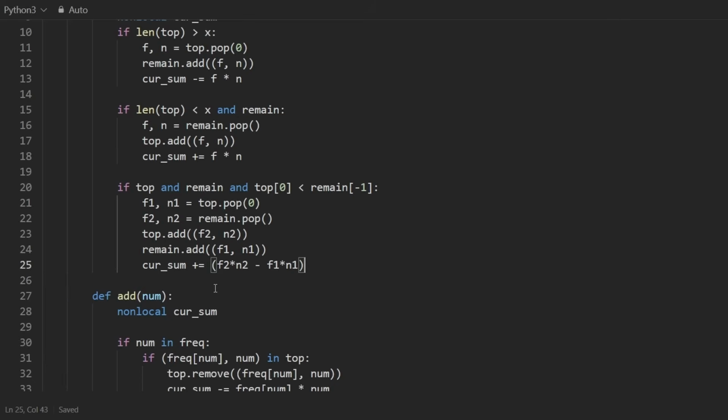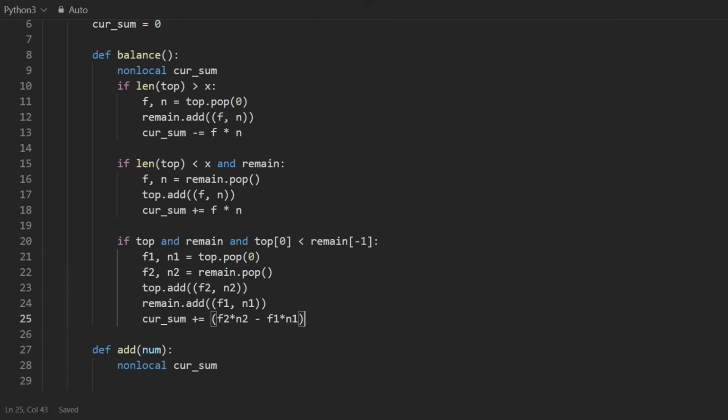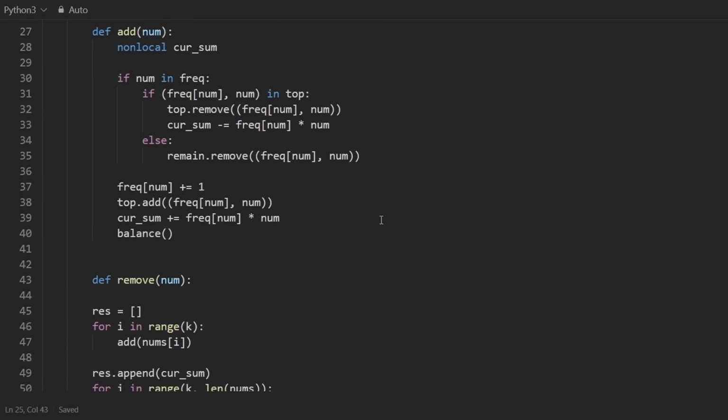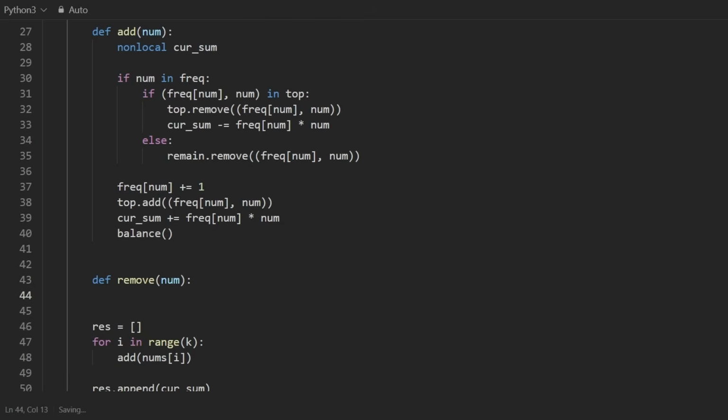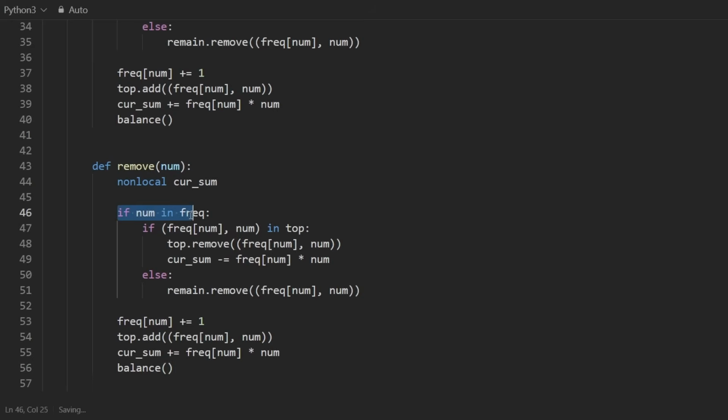So now we're almost done, and it's kind of a lot of repetitive code, but now we're just going to finish up the remove function down here. And I'm just going to copy and paste the code up above because it's going to be almost the exact same. Once again, we're going to check, is this number already in either of the two lists? If it is, let's remove it and update the current sum accordingly, because instead of incrementing the frequency, we're going to decrement the frequency, and then we're going to add it back to top. And instead of incrementing the sum, we're going to